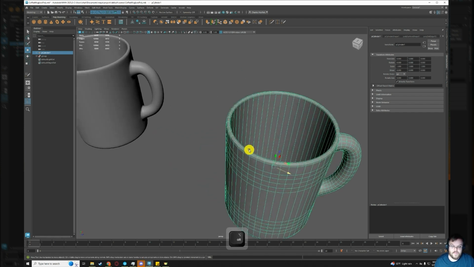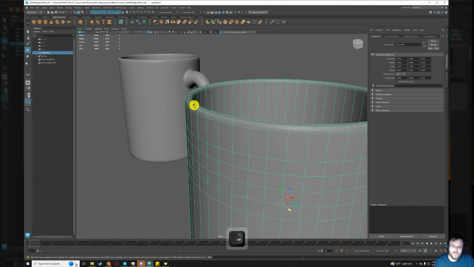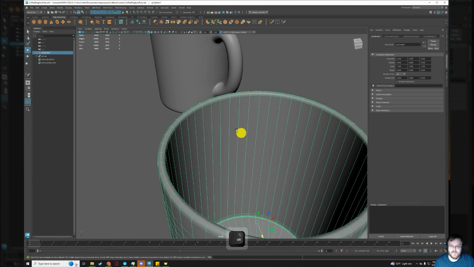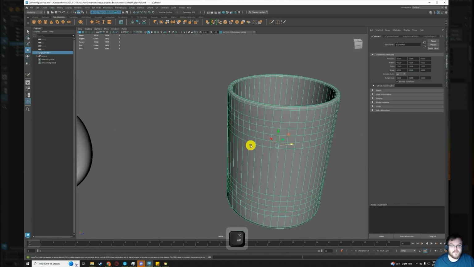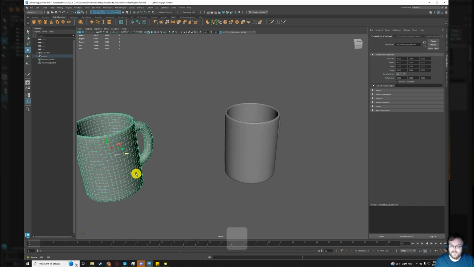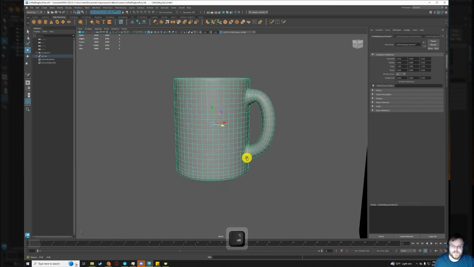And also, because of the way that we've set up the lip of the cup, the edge loops around the cup can also create a lot of faces. But that's okay. Again, we're going to work with this model here, and we're going to show you a couple of things that you can do to reduce our